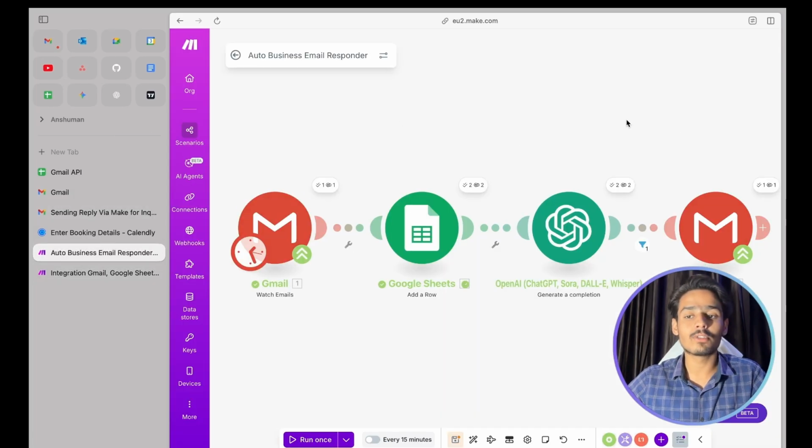So this is how the whole automation process with make.com works, and you can just set it up using version 2. So that's how you make a Gmail automation in make.com. We have covered how to connect your Gmail with make.com, how to connect your Google Sheet with make.com, connection of OpenAI with your make.com account, and the testing of the full automation with sample emails. So this automation can save you literally 7 to 10 hours every week if you reply to a lot of emails.